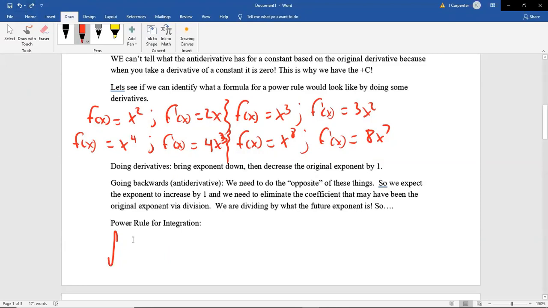Doing my best. Okay. So that's our integration symbol. Then the thing that you're actually going to go backwards on goes here, and then at the end is a dx. So we're doing a power rule, so that's an x to the m. Just like when we did a power rule for derivatives, it was the derivative d dx of x to the m. But then you put this little dx here. This is just part of the integration process.